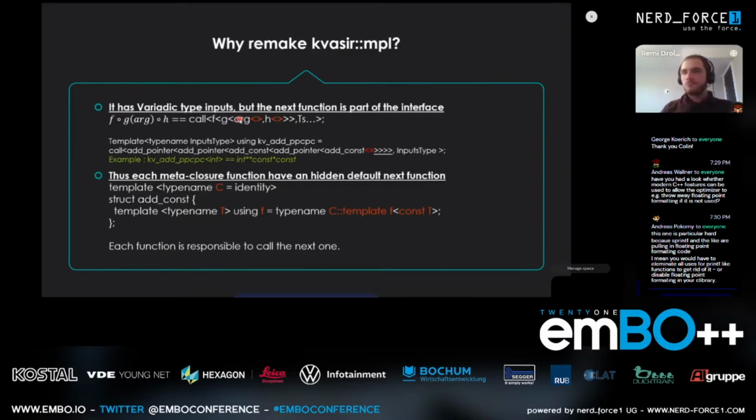I don't have a good example, but if you want to see if it's an int, well, it can be an int, and you can check if it's true or not. The point is that the meta closure can continue indefinitely, and this is why we have those empty brackets. They contain a default meta closure named identity or listify. It depends on the function, and then the functions call the next one with the result.